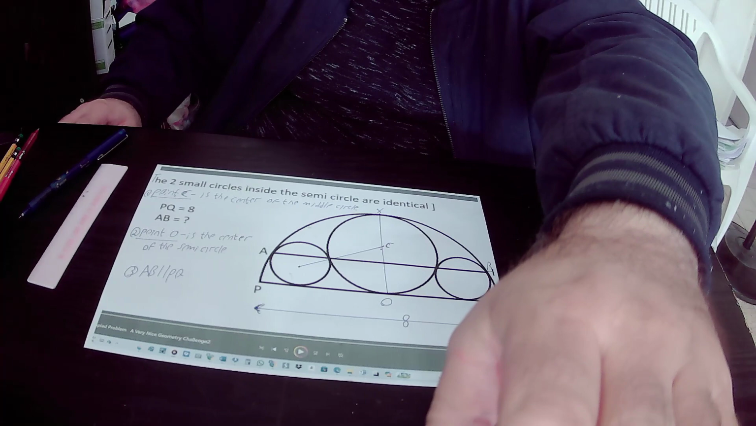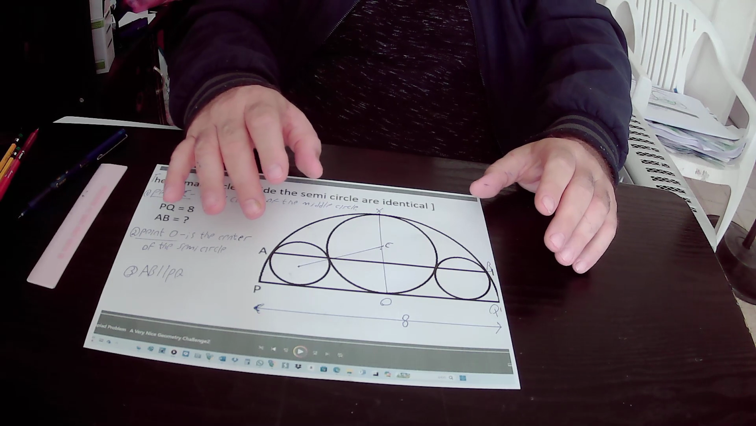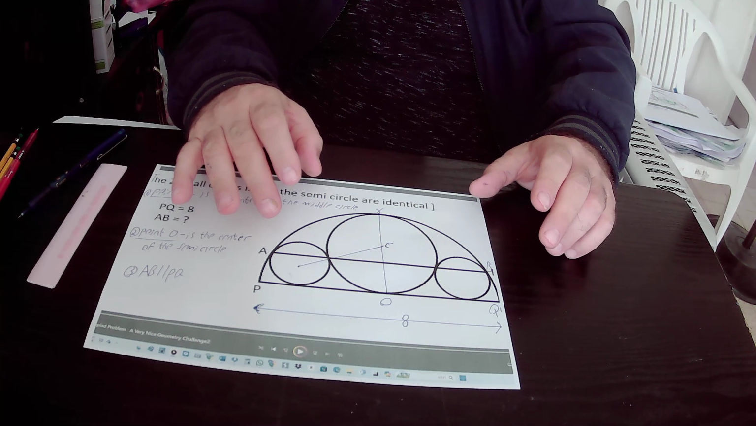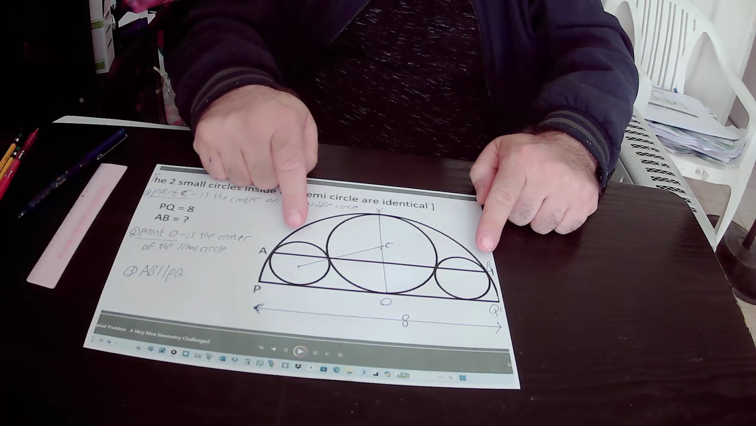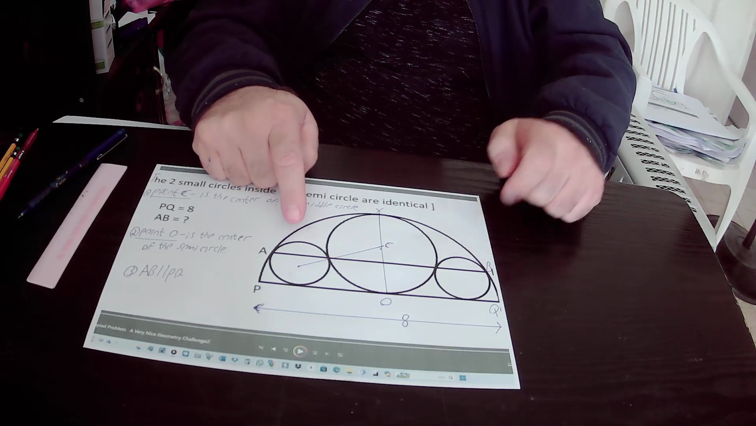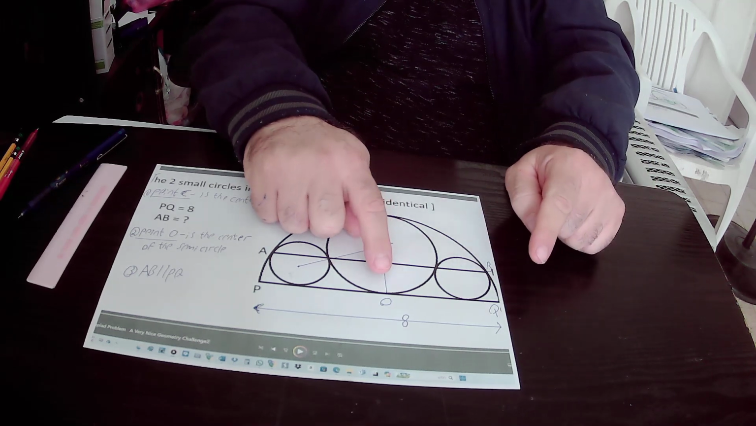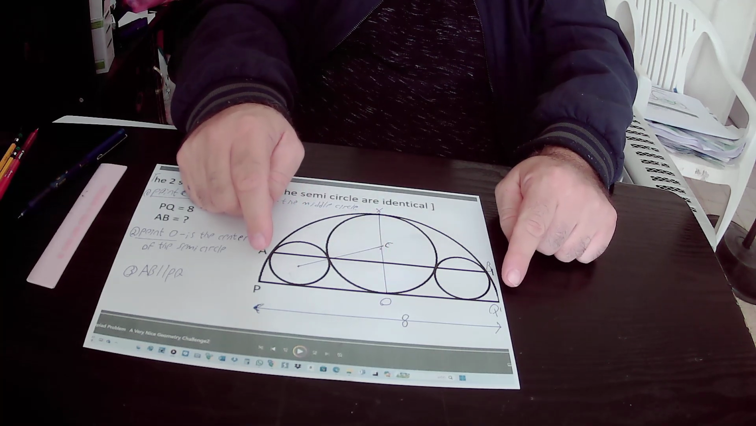Hello, in this lecture we will find out the length of chord AB. In the drawing we have a semicircle, and inside this semicircle we have three circles. The small two circles are identical, and the center of the semicircle is at point O, and we know that the diameter of the semicircle PQ